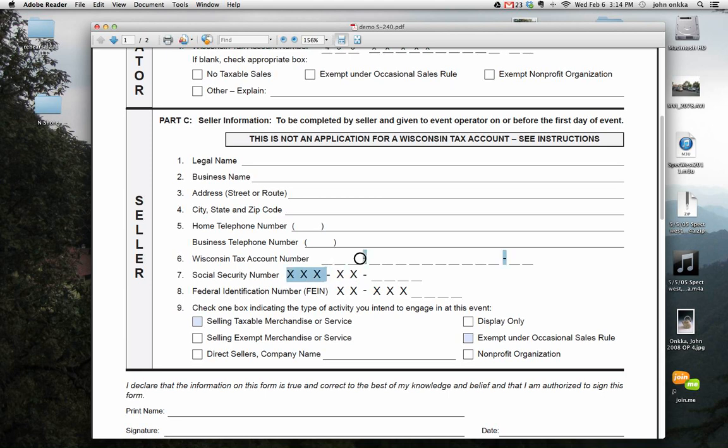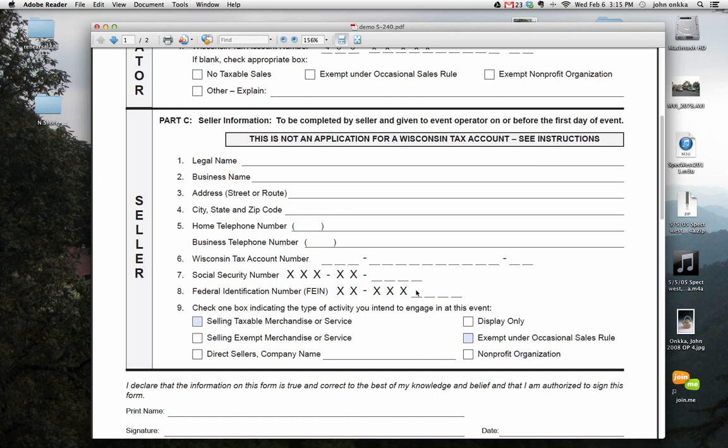This would be the area where your tax account number would be. Now, as explained in video 1, you may not need to have a tax account number. If you have decided not to apply for a tax number, then you obviously wouldn't have one to put in that space. You would leave it blank. Line 7 is Social Security, and they ask for the last 4 digits of your Social Security here. Number 8 is Federal Identification Number, and that is a number that businesses with employees have, so that probably does